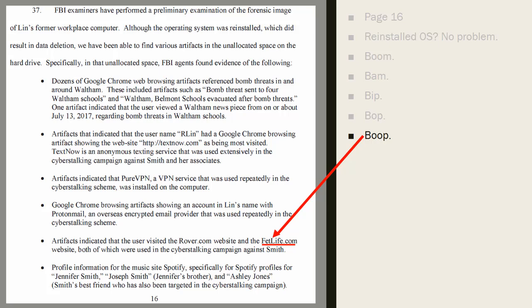These were being used in the cyber stalking against the victim. You also see some other things they found, Spotify profiles. The profile information was for Jennifer Smith, the victim, Joseph Smith, the brother, and Ashley Jones, who's the victim's best friend. So on his work computer, he had artifacts of the names of the victim and the victim's friends.